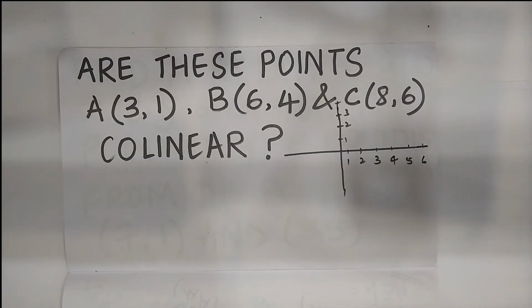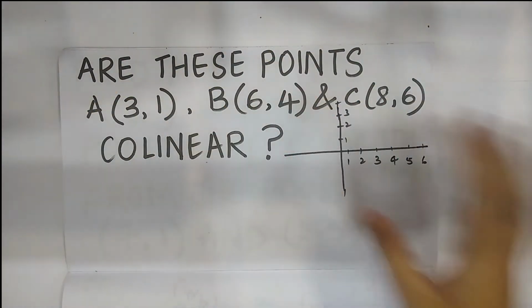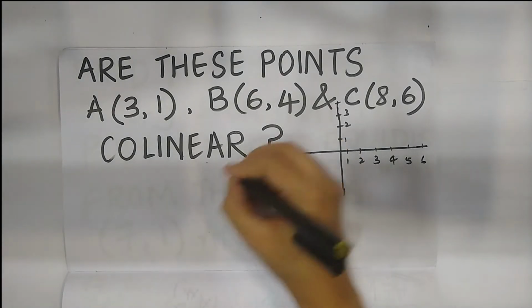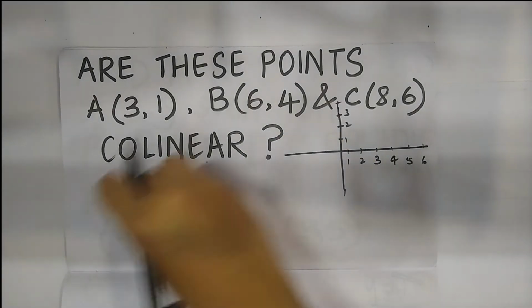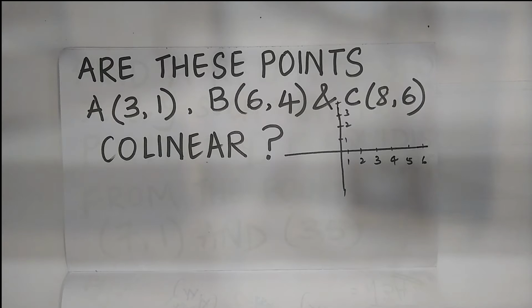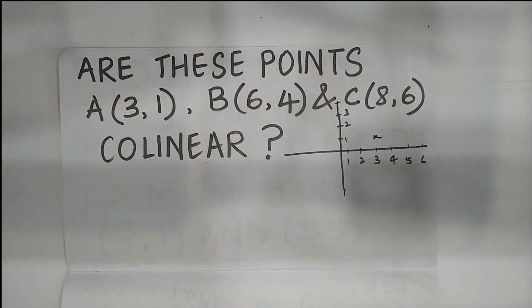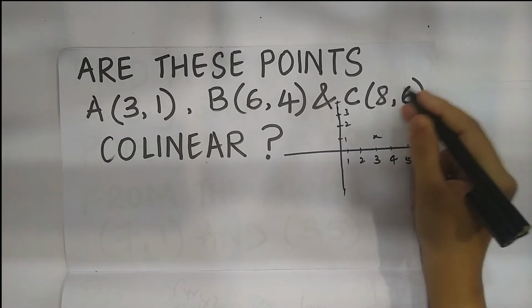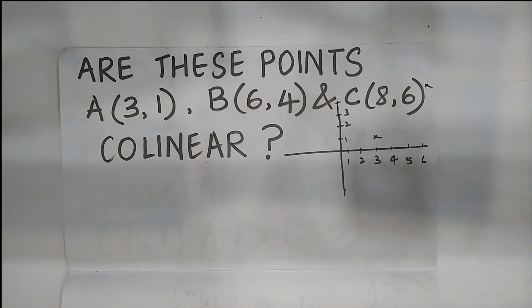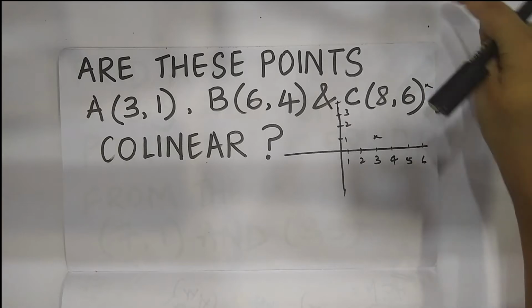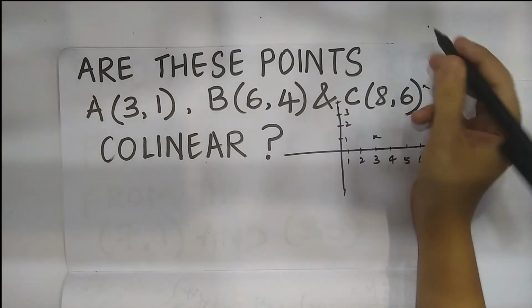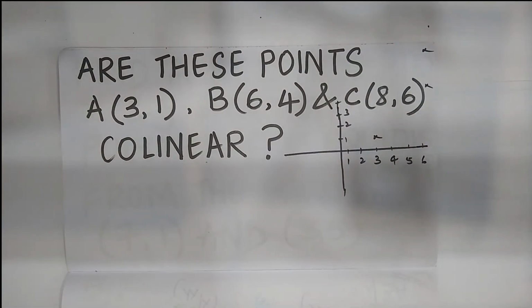In the question, I have given these points respectively one after the other. So you can place 3 points on the same straight line one after the other, which is A, B and C. But I'm just trying to draw it on a graph so that you will understand it better. So we have 3, 1, so it will be somewhere here. And then we have B as 6, 4, so 6, 4 will be somewhere here. And then 8, 6 will be somewhere even further, so maybe here.